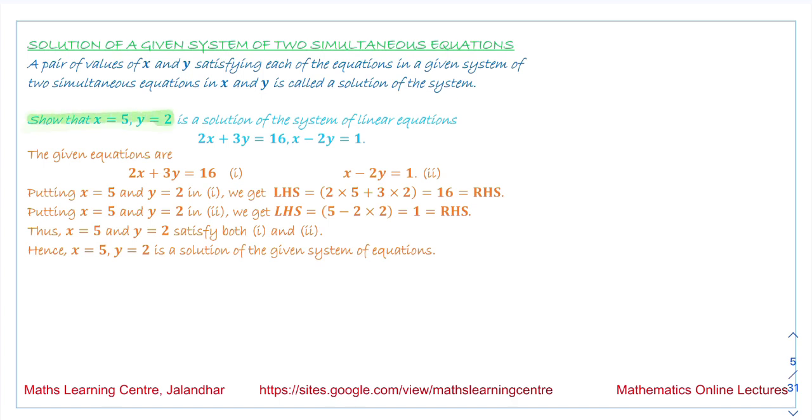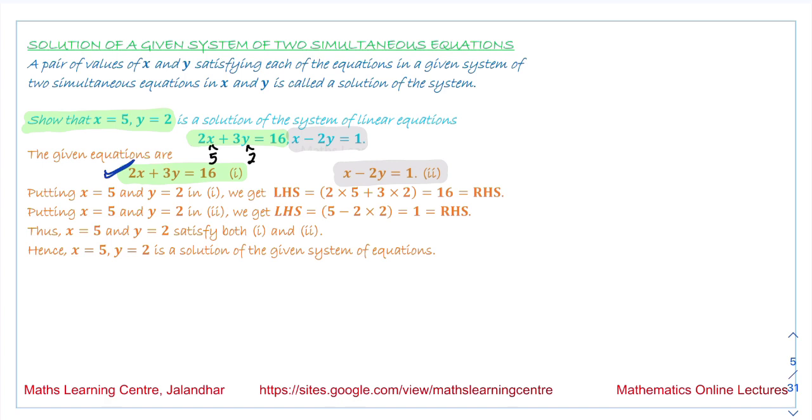Show that x is equal to 5 and y is equal to 2 is a solution of the system of equations. This is one equation that is given to you, and this is the second linear equation. So what we have to do is write 5 in place of x and 2 in place of y. These are the two equations we have marked: equation number 1, 2x plus 3y is equal to 16, and this is equation number 2. When we are talking about equation number 1,